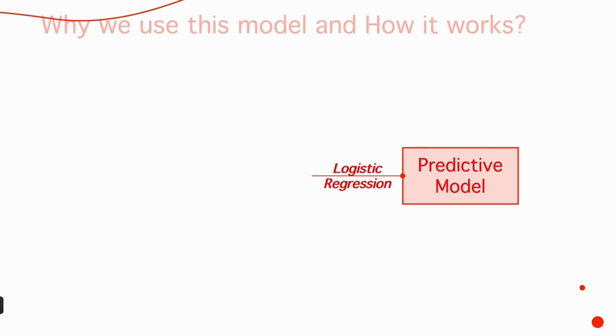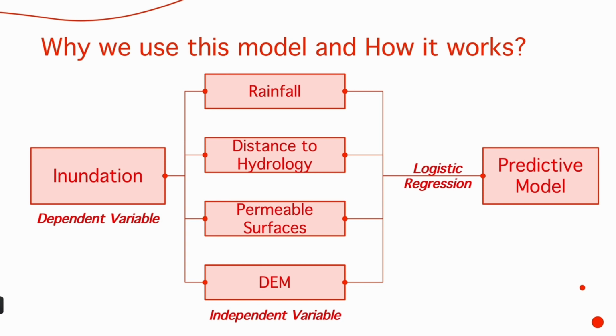of flooding. In this project, we aim to develop a predictive model that estimates the probability of flood inundation in the cities of Calgary and Edmonton, Alberta. Using open data sources, we incorporate rainfall data, DEM, hydrology information, and permeable surface data to determine areas most at